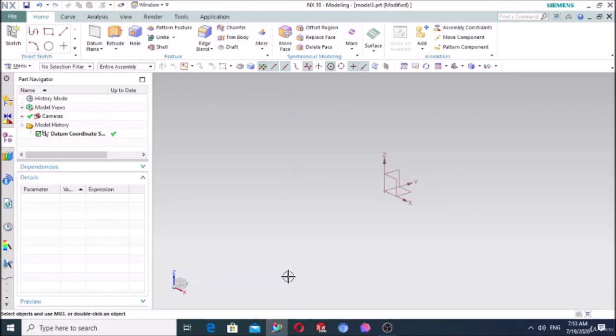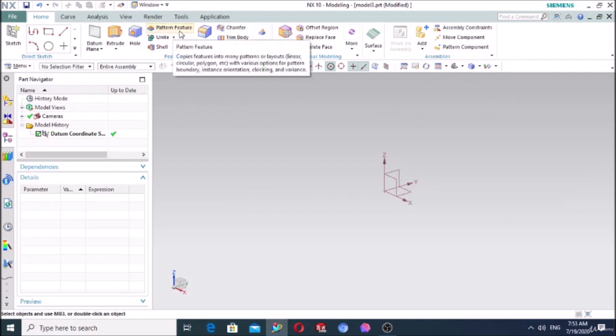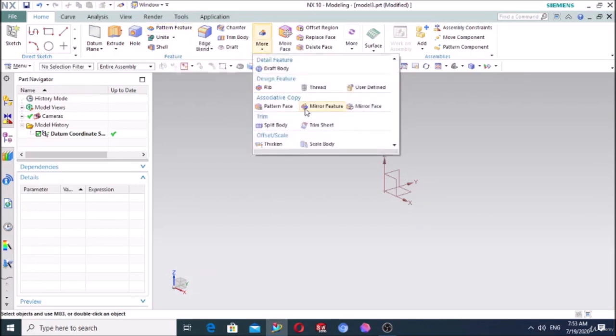Hello students, welcome back to the tutorial on CAD from NX. Today we will see the pattern features, the several types of pattern features, and how to make the pattern features: circular pattern, linear pattern, polygonal, spiral, and along the guide pattern features. As well as today also we will see the mirror of the features,